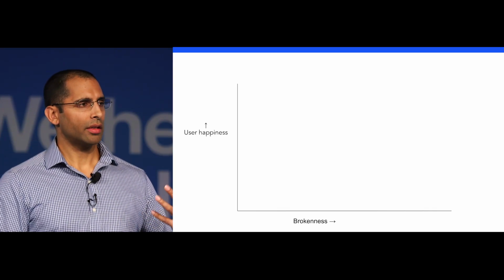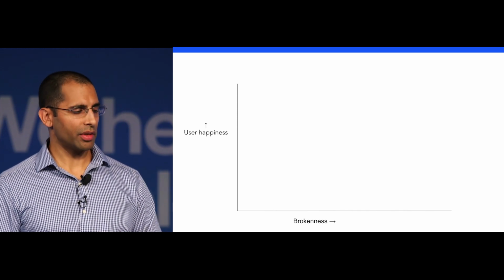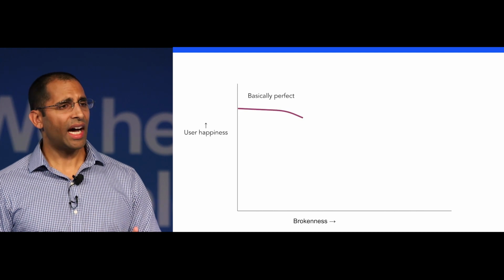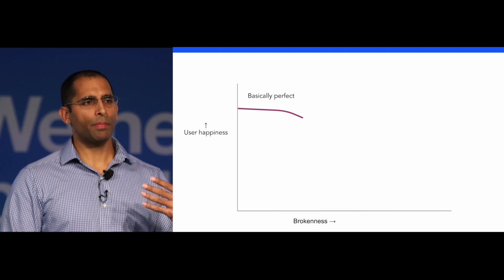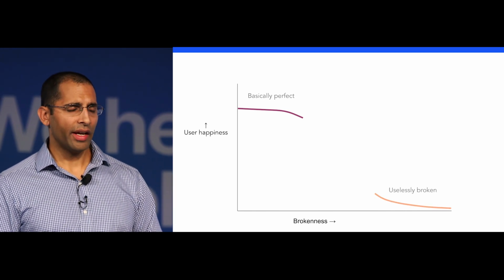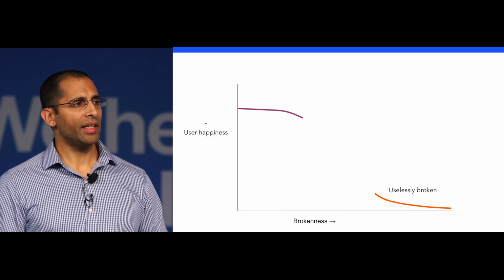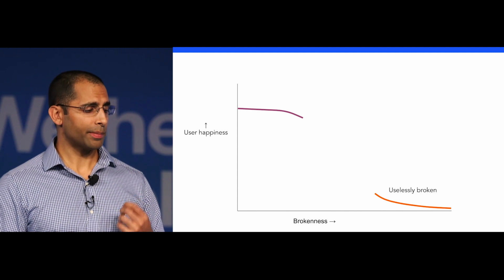In all of these situations, empathy rides an S-curve. You can chart user happiness according to the shape of the S-curve. So let's take this generic example. We plot user happiness against the brokenness of the user experience. At the high end, there's little to no brokenness, and it's basically perfect, and your users are almost as happy as they can be. On the other hand, when there's enough brokenness, the software is basically useless. You can't do anything for your users.